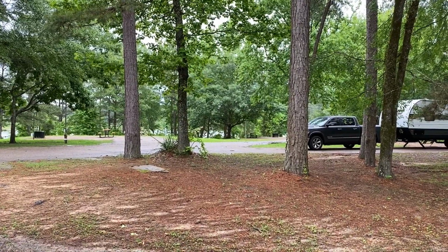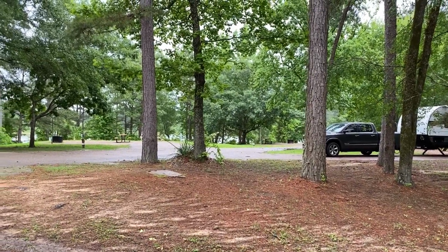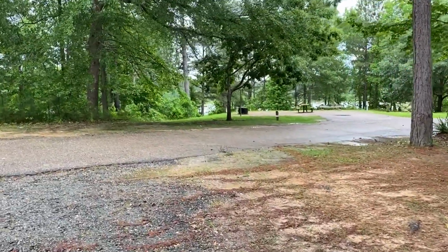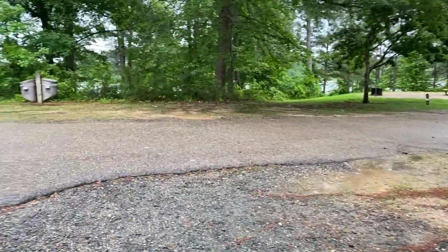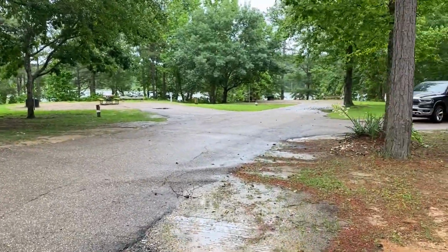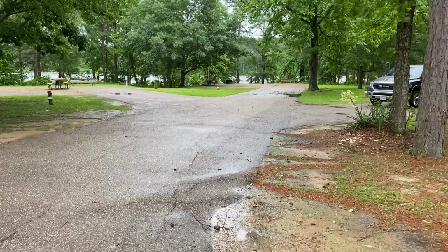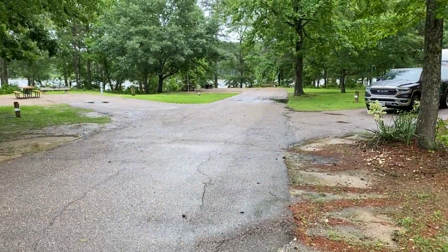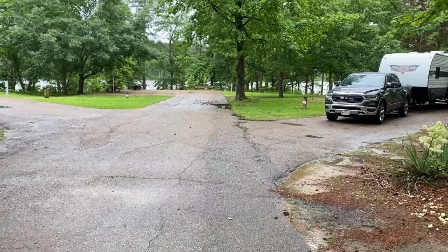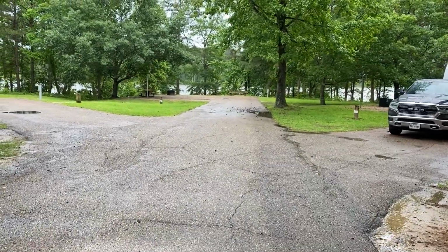Be a great time to do a little group camping here at this site. And I'll walk on around just to give you an idea of how it's tucked off the main road here to the right in this little peninsula out into the lake. And you see it's kind of a chicken foot with 3 fingers of the chicken foot